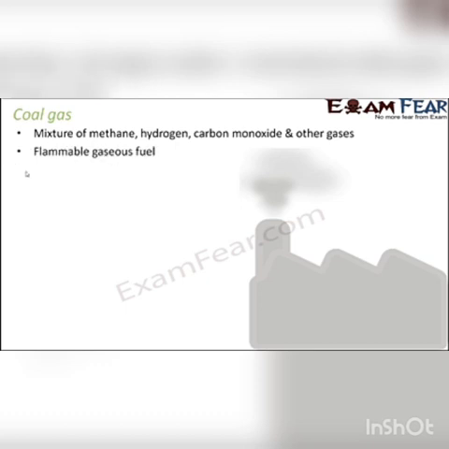It is a flammable gaseous fuel, and it can be supplied to the user via pipeline. With the help of pipes, it can be transported from one place to another. Before natural gas supplies came up, coal gas was also used as a fuel, and it was called lighting gas, because it could be used as a source of light. That was one advantage. The second advantage was that it could be transported very easily with the help of pipelines. So that was coal gas. It is still used as an excellent fuel in industries.